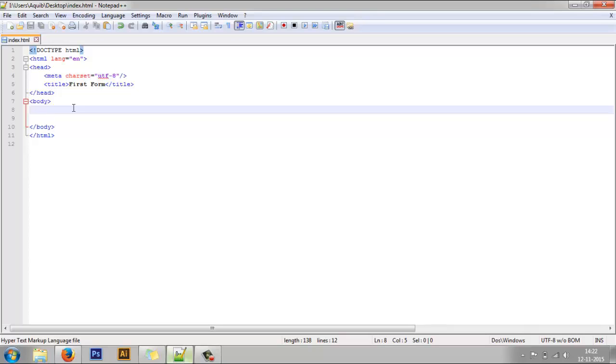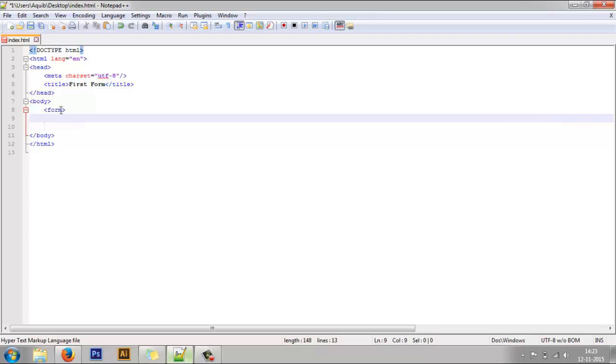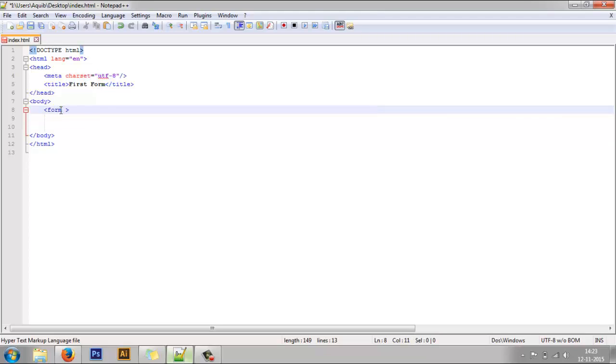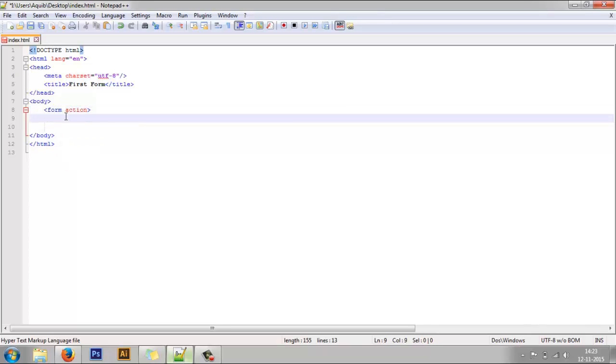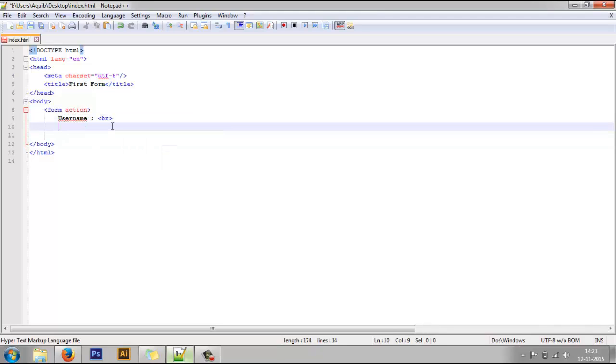So in this video we'll create another simple form with just two fields, username and email, and we'll make a PHP document wherein we'll try to read the content of that form. Right, so let's get started with the form. We'll say form, and also I'll tell you about the action attribute in a while, so I just mention it so that I remember. Right, and now let's say username is the first field, username, line break, and we'll add